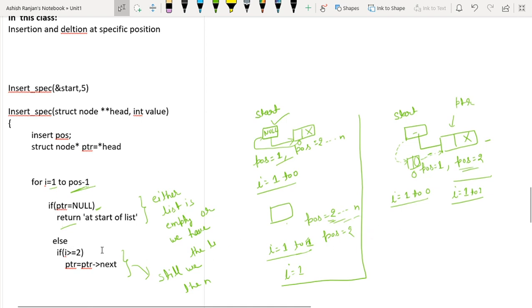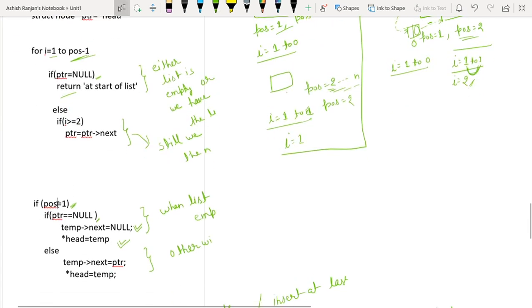Since i is equal to 1, i is not greater than or equal to 2, the condition is false, ptr will not be increased, and the value of i will increase to 2. So we have to execute the loop only one time, because 2 will be false. So in this case, we'll come out of the loop.